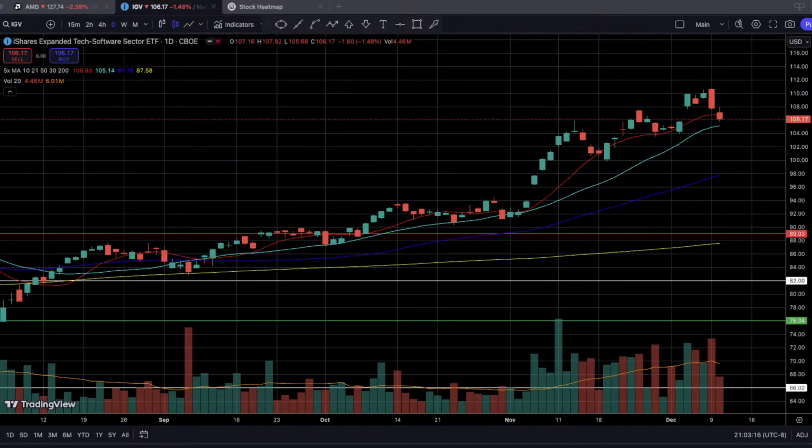So again, if you guys want to just avoid it for now and not look at it for the mid to longer term, before it decides to turn around, just do that, ignore it. There's a lot of other tickers that are doing really well and should continue to lead higher as we head into the end of the month and into the end of this year. Does that make sense?